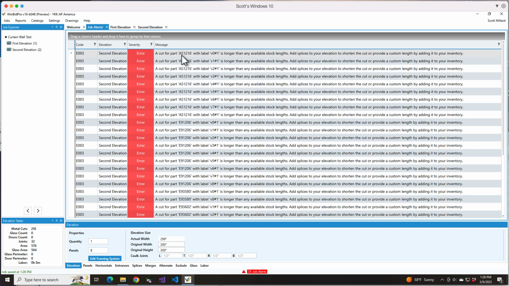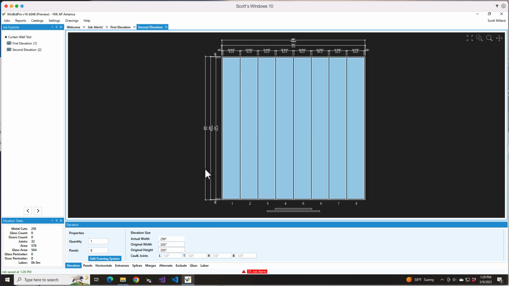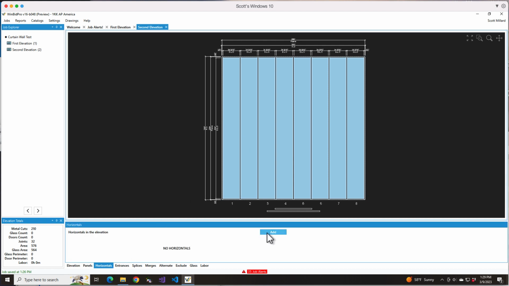So in this case, we see all these different part numbers, and we know they're verticals because they all have the V beginning with their label ID. We know the cut sizes are longer than the stock lengths, so that's a problem. A stock length can't fill a complete cut size, which means that we need to add splices to our elevation. In order to add splices, I first want to add some horizontals so I know where